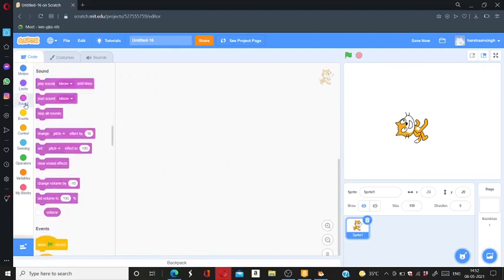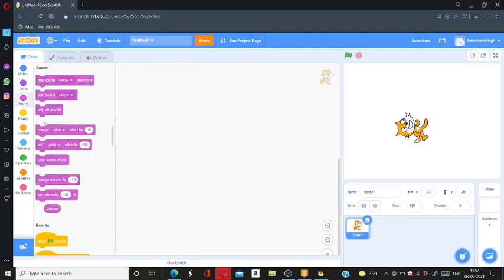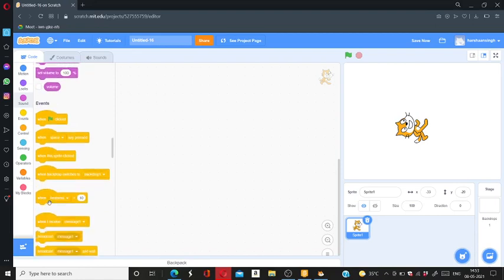And after that, the sound. In sound, as you can see from the name only, it plays sounds and changes pitches of the sound, and clears sound effects also. It can change the volume of the sounds also. So this is very important.